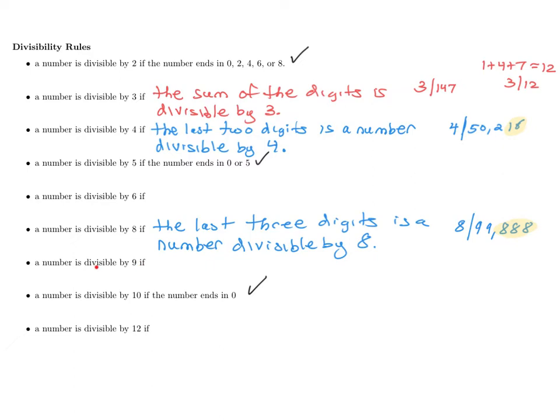The rule for 9 is similar because it's basically the same thing, except we'll say the sum of the digits is divisible by 9. So a number is divisible by 9 if the sum of the digits is divisible by 9. So an example of this would be 9 divides, let's say,